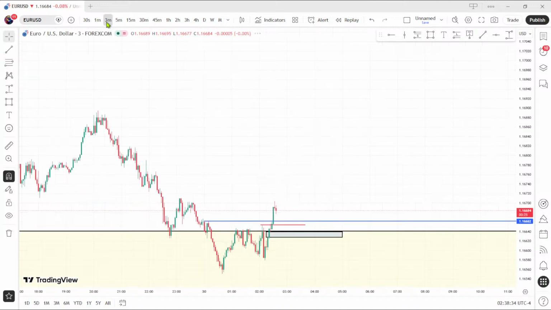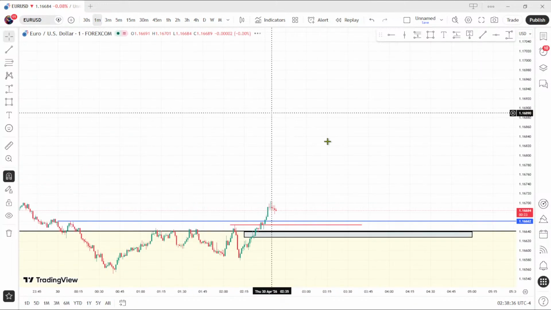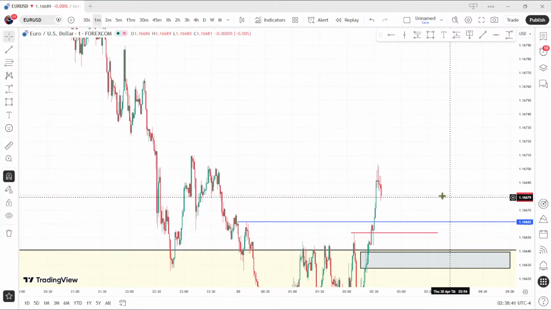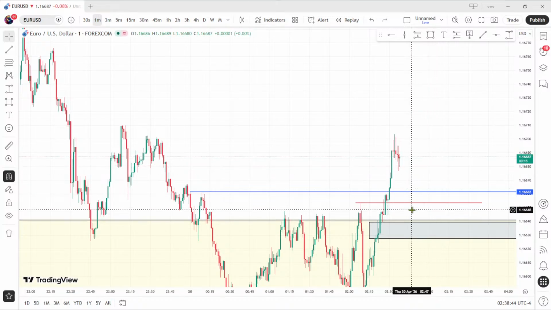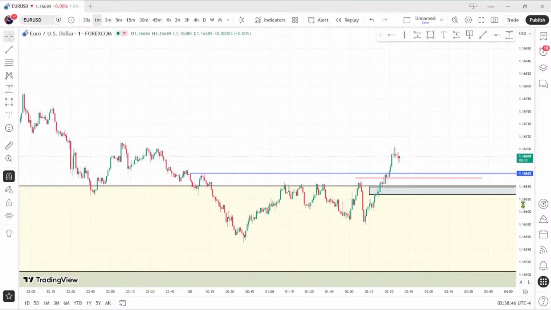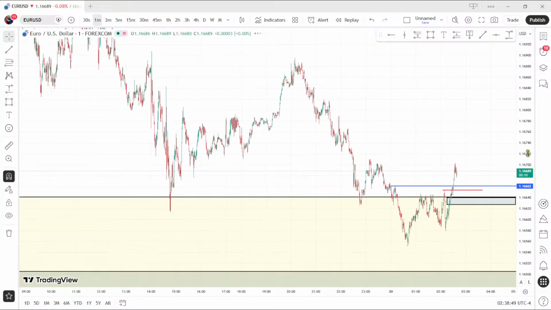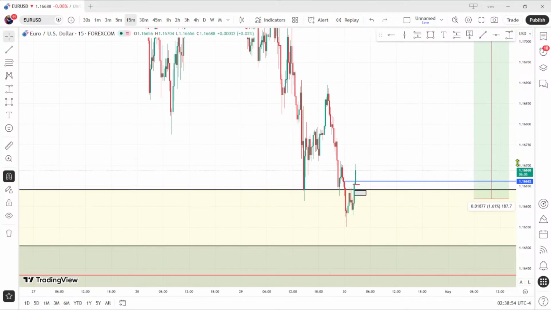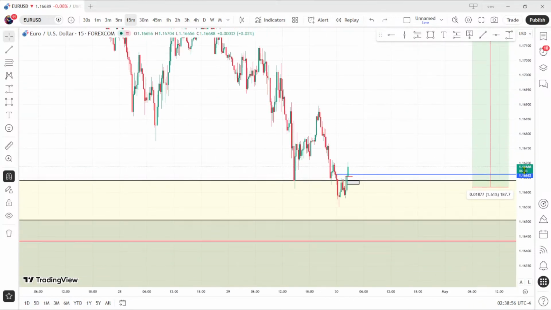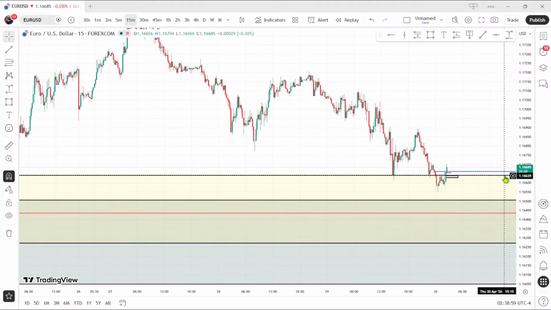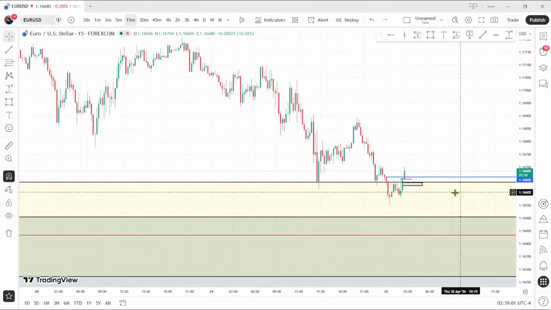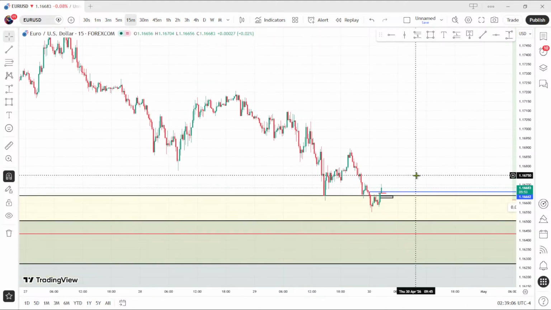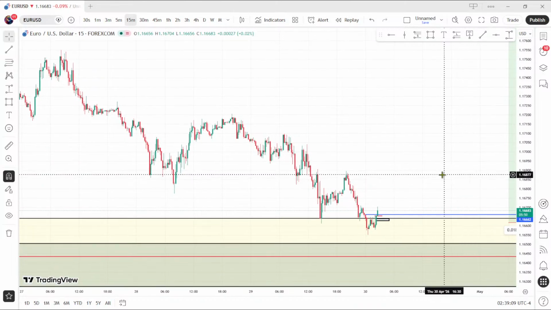In the euro, also we're expecting some more bullishness in the price. I'll mark liquidity points that I want to see price reaching in the euro here. The euro is so bullish because we are inside a weekly fair value gap, and also it has done a market structure shift in the 5 minutes. Also currently we have fair value gaps that are unfilled, but we are expecting them to be filled.